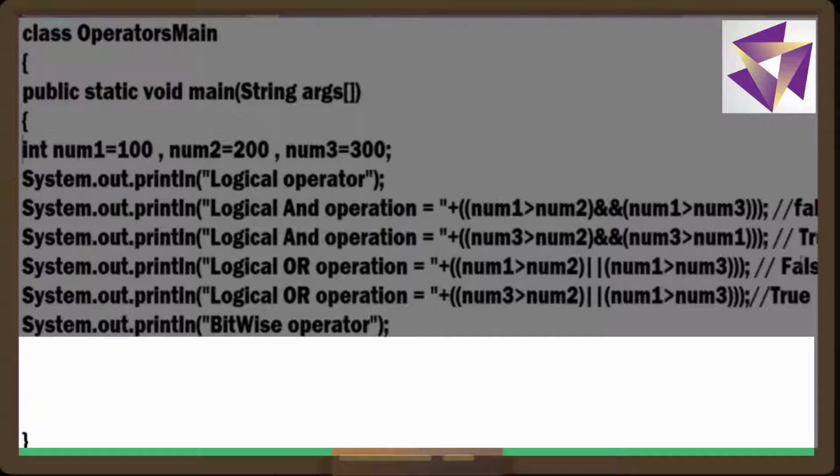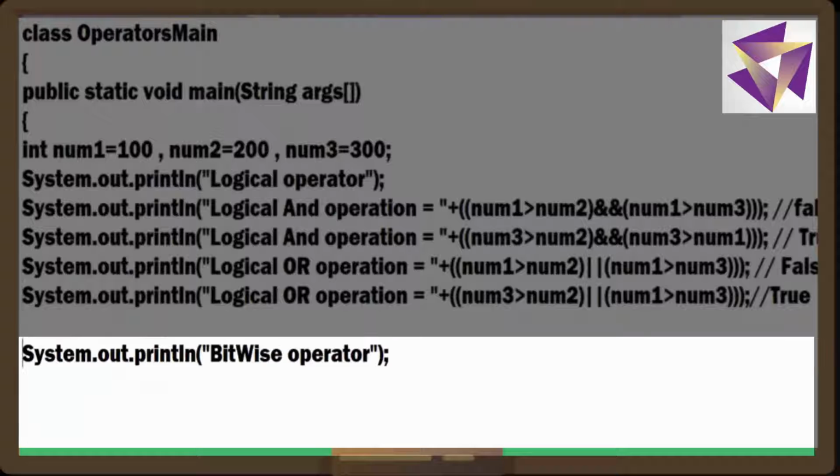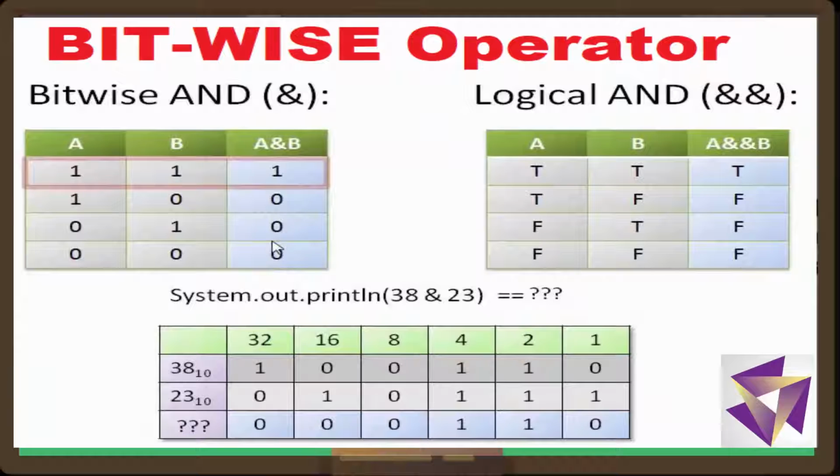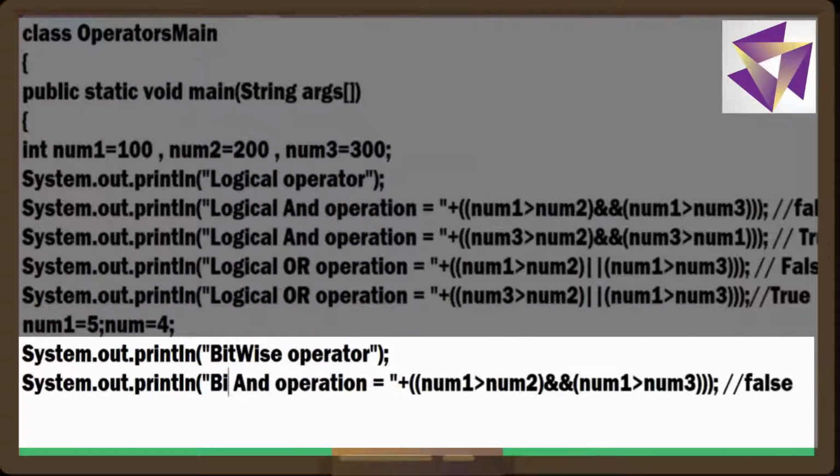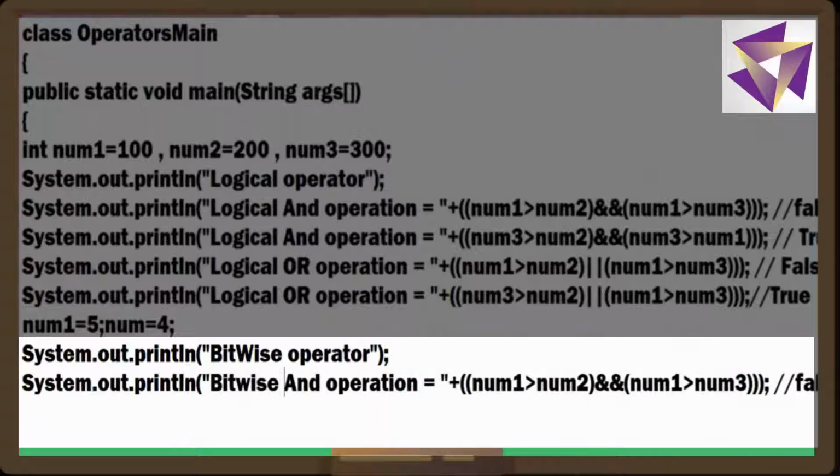Fine. Now here what I'll do, I'll give the numbers as another value. So here I'm giving number 1 as, let's say, 5, number 2 as 4, just for the sake of simplicity, nothing more. Now here if I write bitwise AND operator,